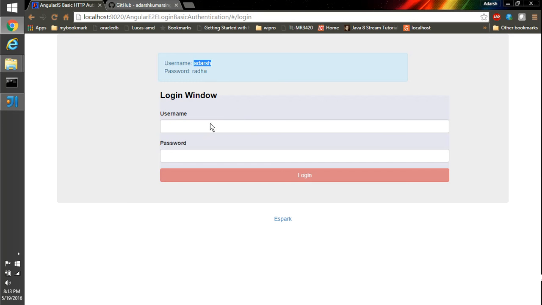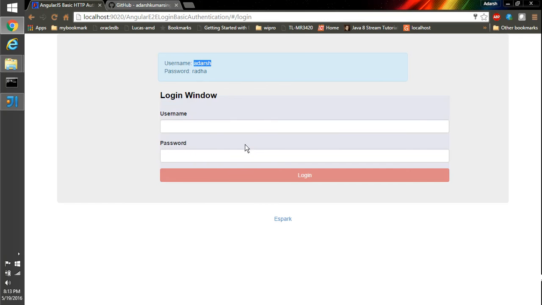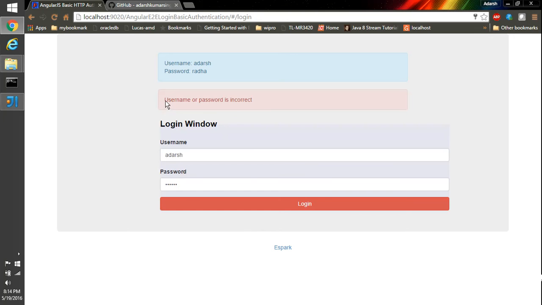I'll say username is Adesh and password is Rara, and hit login. Because I'm a proper user, I get this home page, and I'll say logout. If I don't give a correct username and password, I should get an error message saying the username and password is incorrect.